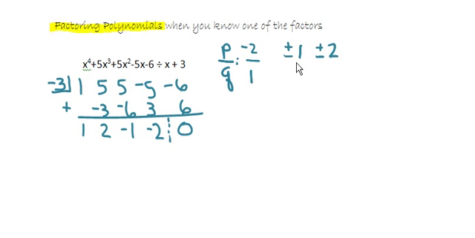So the four choices that we have would be positive and negative 1, positive and negative 2. And hoping that we are selecting the correct one, let's try the possibility of +1. Continuing then with bringing down the 1, 1 times 1 is 1, 2 plus 1 is 3, 1 times 3 is 3, added to -1 leaves us with a 2, and 1 times 2 is 2,